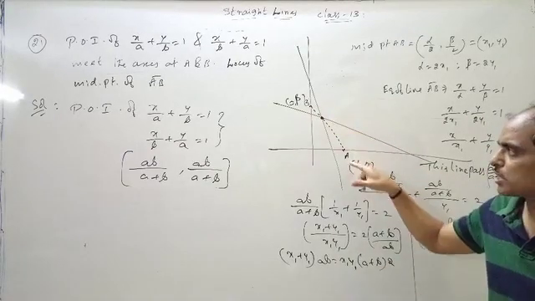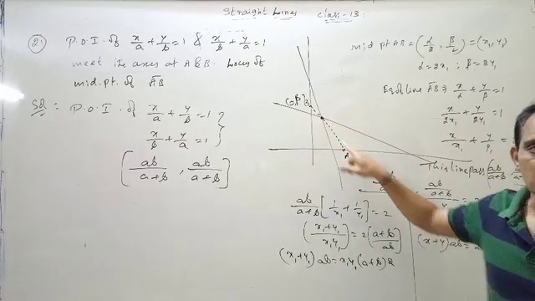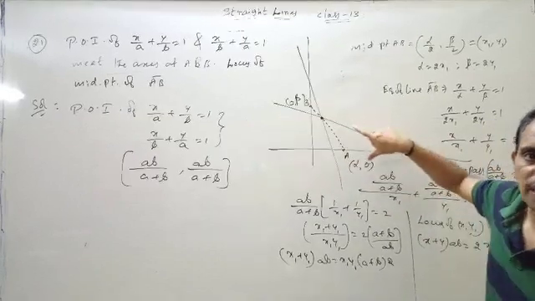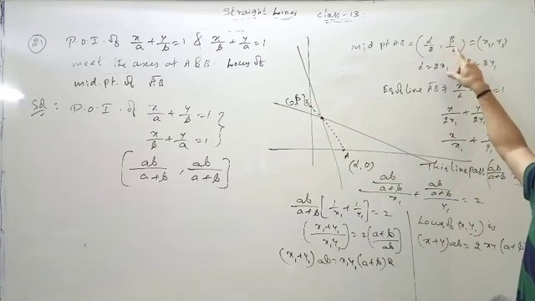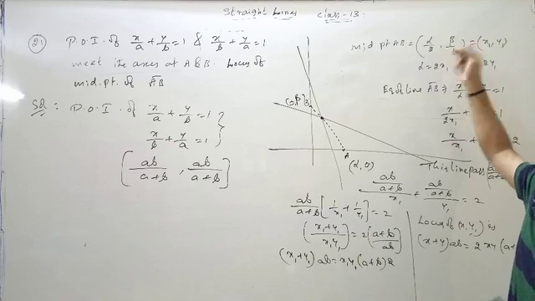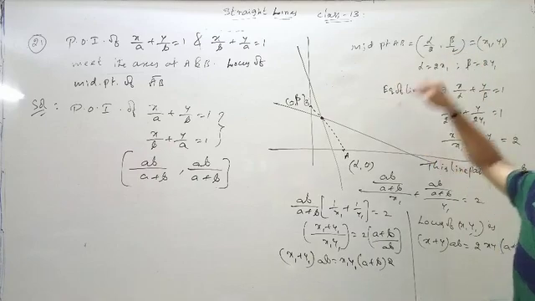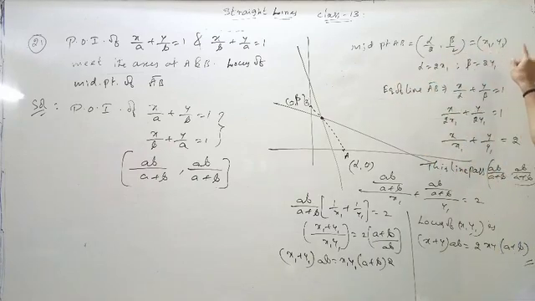I am assuming this is my intercept form. I am taking this one as alpha comma 0 and this is 0 comma beta. First I am going to find the midpoint of the two, that is nothing but alpha by 2 comma beta by 2. Because we are going to find the locus of the midpoint, we are assuming the point as x1 comma y1. Then alpha is 2x1, 2y1,